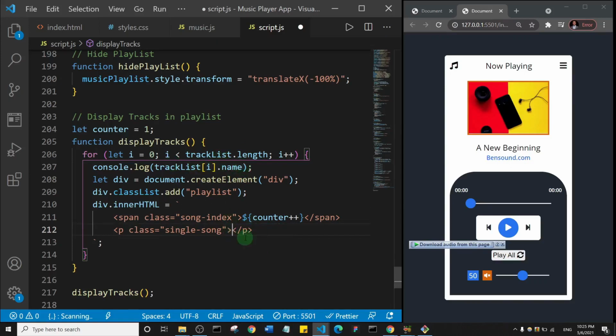Okay, but it needs to be $ and curly braces to be inside there. So I'll just, where's the console.log I did here? So I'll just grab this guy here and I'll paste it in. Okay, so now that we've successfully created the content of the new div elements we created, I'm